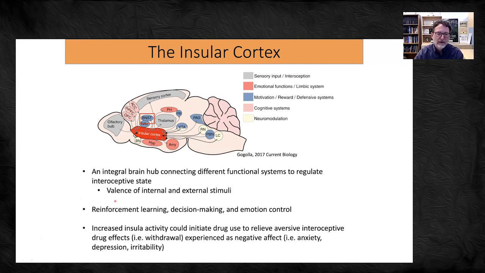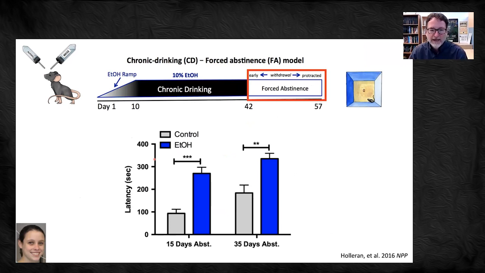It plays roles in reinforcement learning and decision-making and emotional control. And so we became interested in the idea that the insular cortex projections into the BNST may play a role in some of the alcohol use disorder related phenomena that we're studying, and we wanted to explore that. If that synapse is involved in the behaviors that we've been studying, then one would predict that if we specifically activate that pathway, we should be able to recapitulate behaviors like this novelty suppressed feeding task behavior that we observed